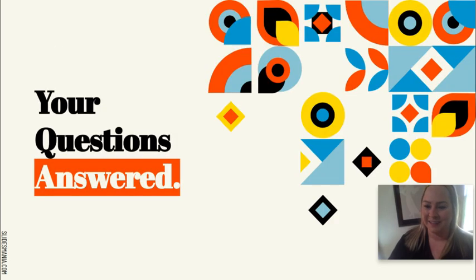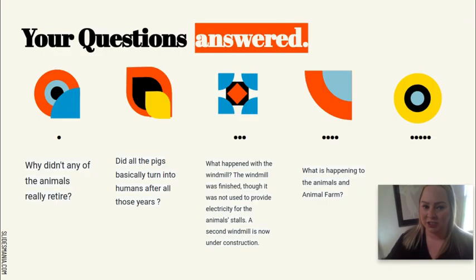All right, so some of the questions that you submitted for chapter 10. The first question, why didn't any of the animals really retire? Well, I guess that's twofold. First, if they retire, they are no longer working and contributing, and they would be reaping the benefit of collective labor. So, retirement is everybody pays into a system, and when you reach a certain age, you are given your share for your contributions. It would be taking away from the profit of the pigs, it would be taking away from the labor force, and it is not possible